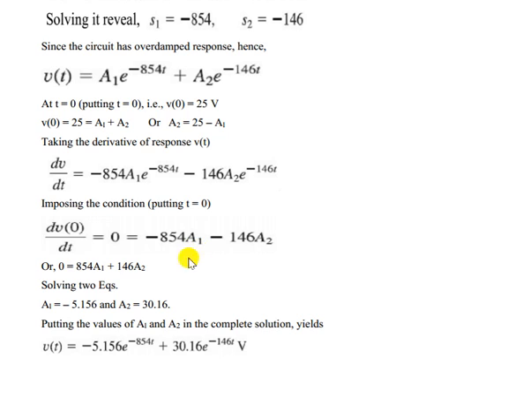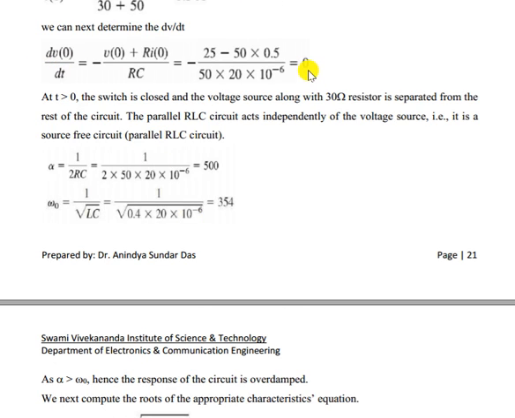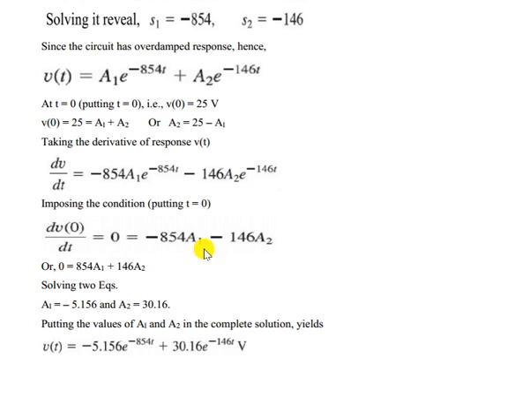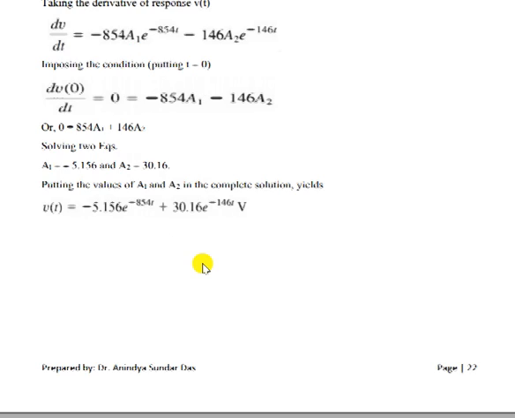Okay. Now after differentiating this overdamped response, you will get this expression. Now put t equal to 0. So with respect to A1 A2, we have one equation whose value is 0, because we got dv0 dt as 0. If you get some positive or negative value here, you have to put that here, and you can solve. Okay. We have A1 plus A2 equal to 25, another equation. So you can solve, get the A1 A2 values, and put them in this expression, and you will get the response. So this is the way we have to solve